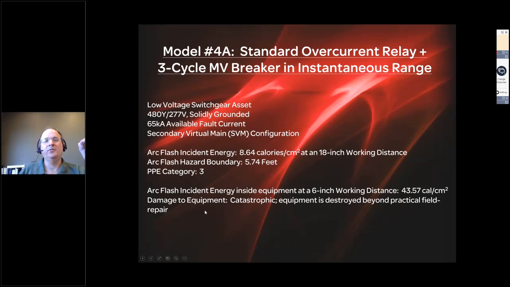But let's be clear, if you're using just a standard overcurrent relay and a standard medium voltage breaker, now look inside the equipment. It's more than 40 calories at the 6-inch working distance. So the damage to the equipment is catastrophic. It's damage beyond any practical field repair. And beyond that, there is a likelihood that combustion could take place on adjacent assets. It could set the facility itself on fire as hot gas and plasma is vented out of vents and seams